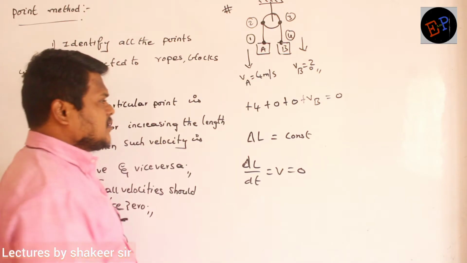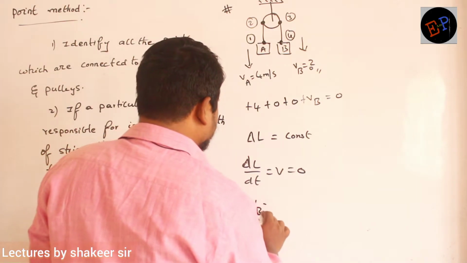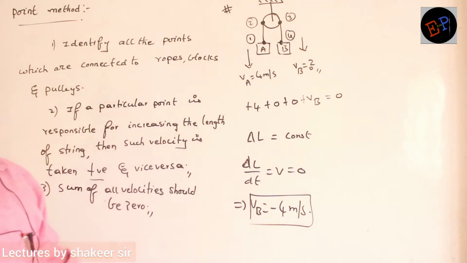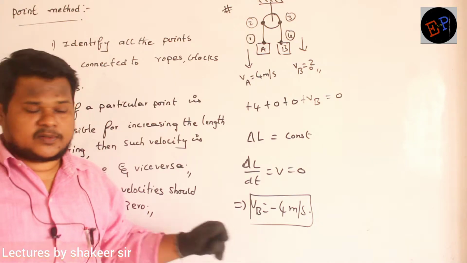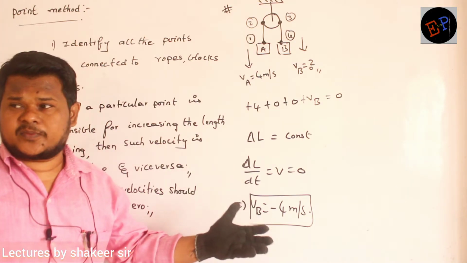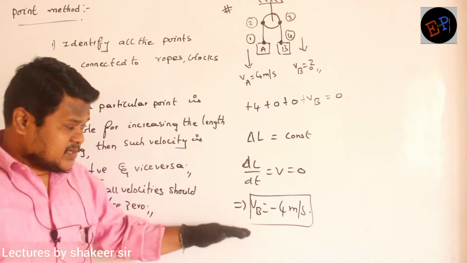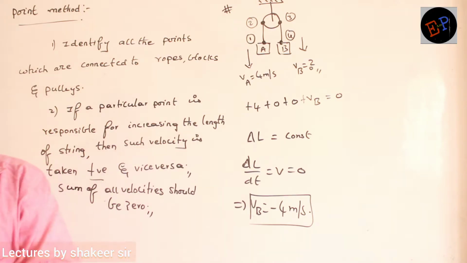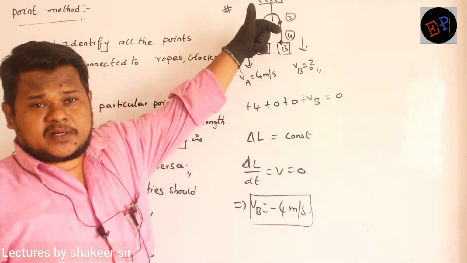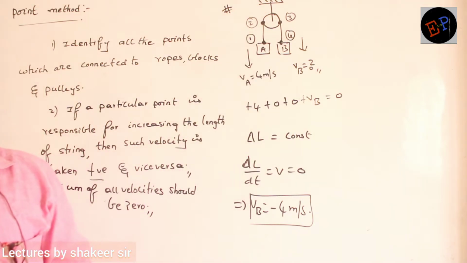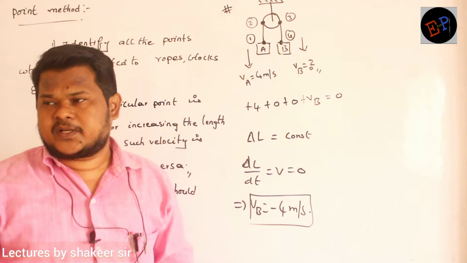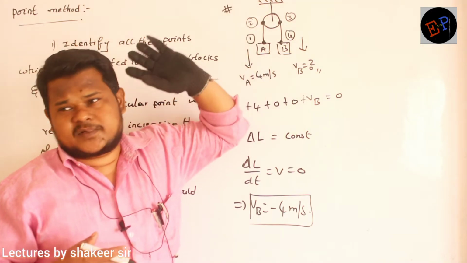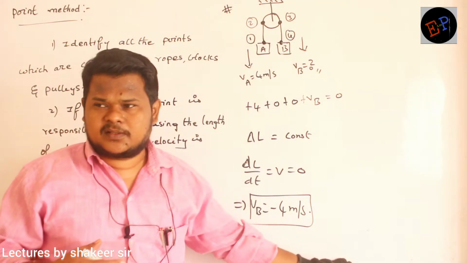Fine. Now do the calculation. So I got VB equals minus 4 meter per second. This is the answer which I got now. By using common sense also I get the same answer. Are you able to understand? Okay. Now what does minus indicate? Minus 4 means what? Minus 4 indicates that my assumption was wrong. What was my assumption? I assumed that block B is coming downwards, no? But actually block B is not coming downwards, block B is moving upwards. By common sense also we get the same answer, no? If this block is coming downwards, definitely this block will move in the upwards direction. So those are the results which I got by using the point method.